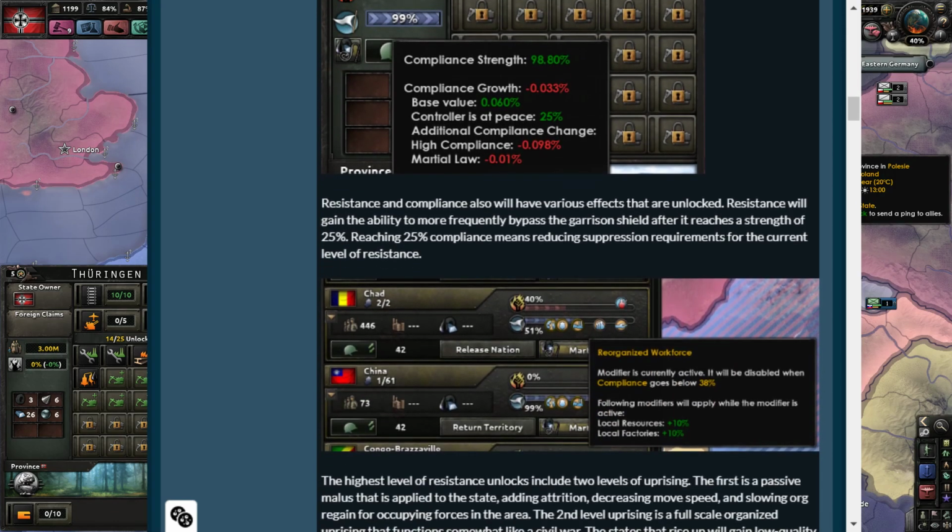So, I mentioned how you stop resistance in the game as it is right now. You still do the same thing. You set up garrisons to guard states, but no longer is it just like placing a band-aid on it and then letting it stay there. Now, your garrisons will actually start suffering attrition, and they will actually start suffering strength damages to manpower and equipment